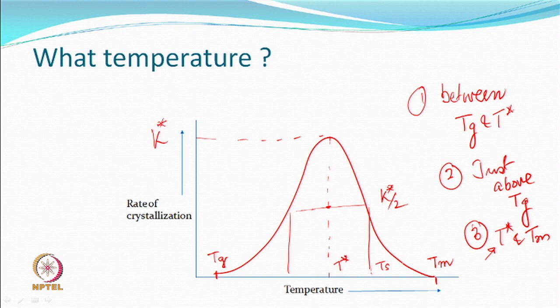So, there is no doubt that above glass transition temperature there will be an activity. Above Tm there will be no activity as far as the crystallization is concerned, but as you keep reducing the temperature, the opportunity for the molecules, based on whether any kind of nucleation is possible, they may start coming together. So, theoretically there should not be any reason for someone to say that I want any other temperature than T star, theoretically.